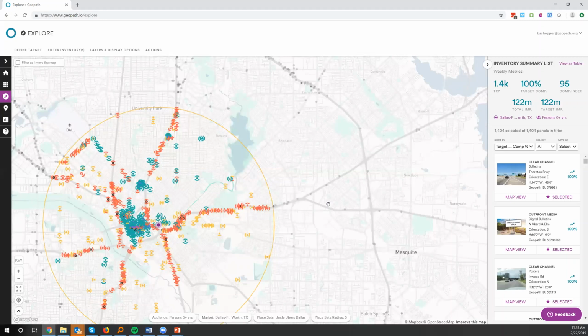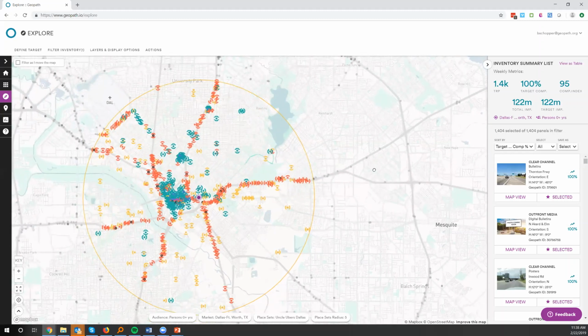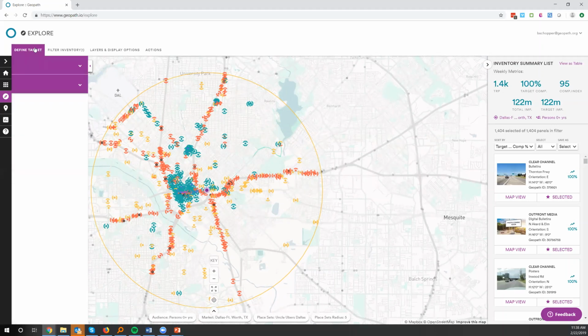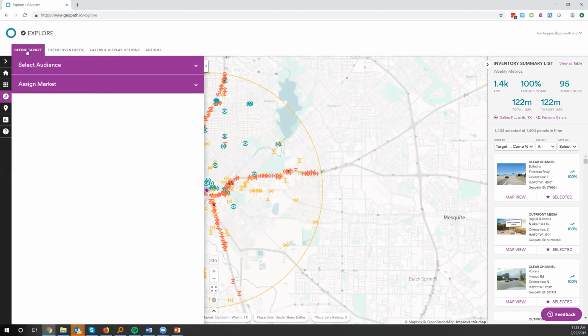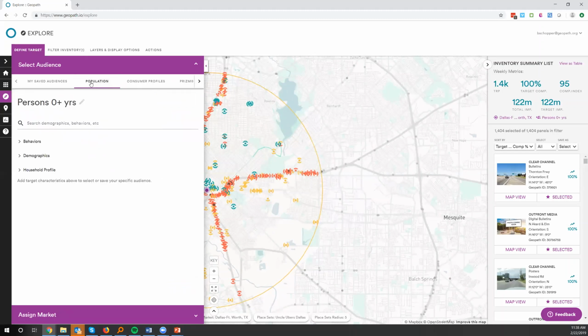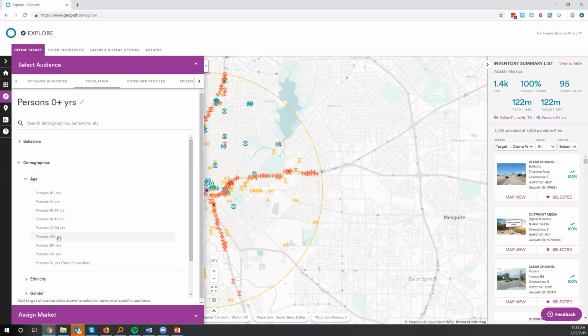So let's start to look at different audiences. We know we have a location, we have a 5-mile radius, and we have a wealth of 1,400 different units. So let's pick some units that might reach a certain type of target. As you can see right over here, person 0+, that's our base level impressions, that's total impressions. You can see, again, target impressions is the same because we haven't set a target. Let's set a target, let's set an audience. So you go define target, select audience, and I'm going to come into the populations, and again, this is like census level things. So let's go demographics and let's pick just people 18+,